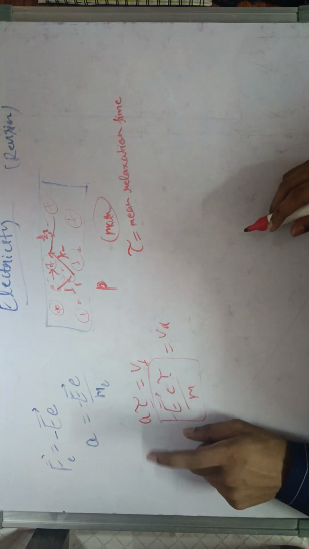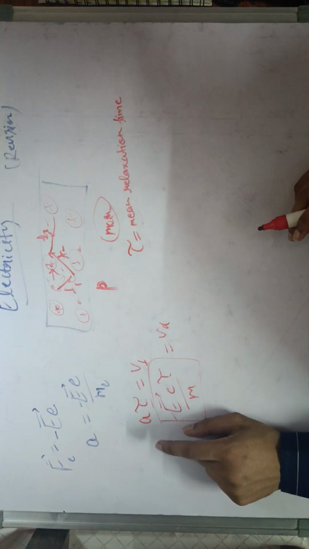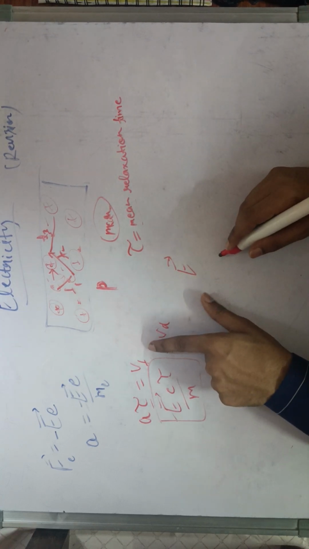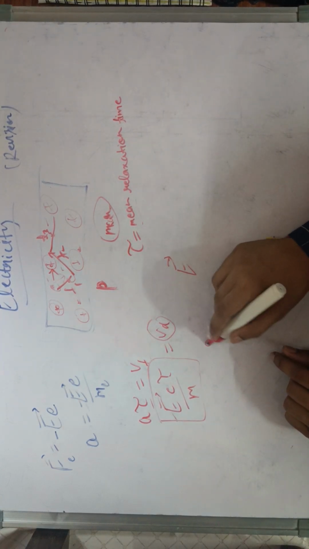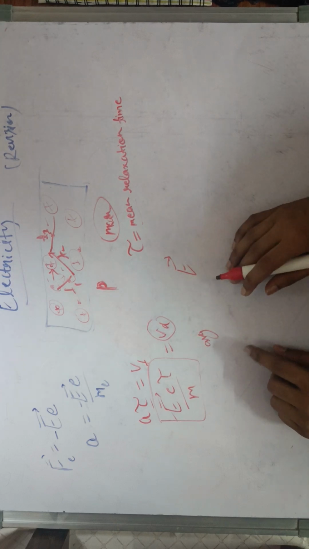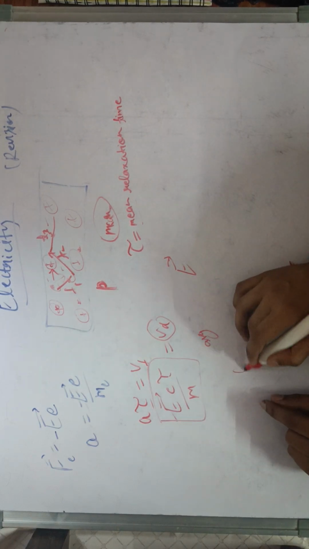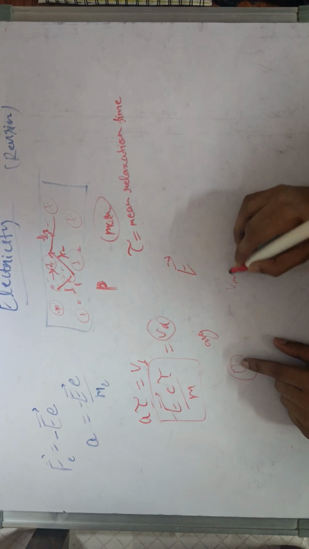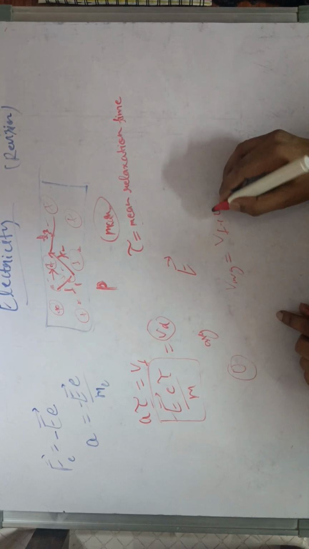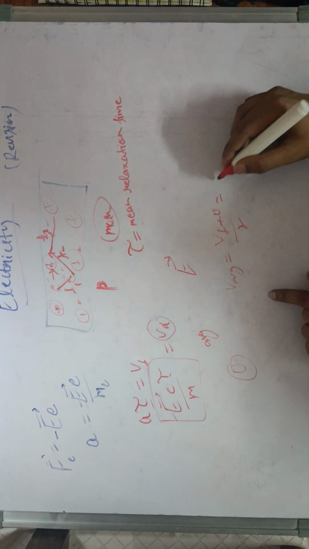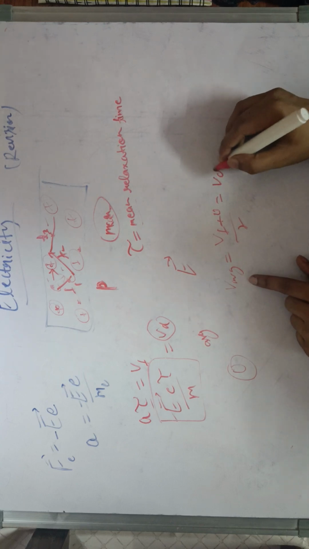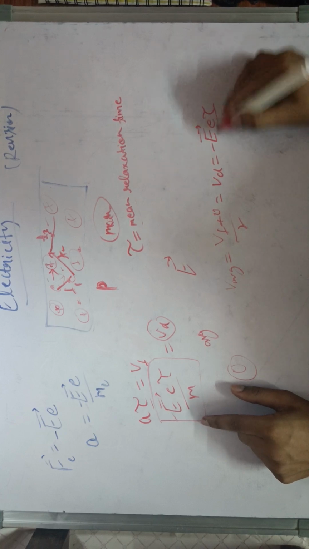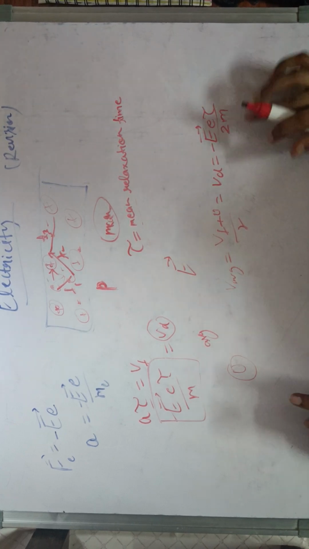If we see clearly, this is the final velocity, and drift velocity means the average velocity with which electrons are moving. The electrons started with zero velocity, so the average velocity should be equal to (v final plus 0) over 2. It means the drift velocity should be equal to minus e E tau over 2m. But